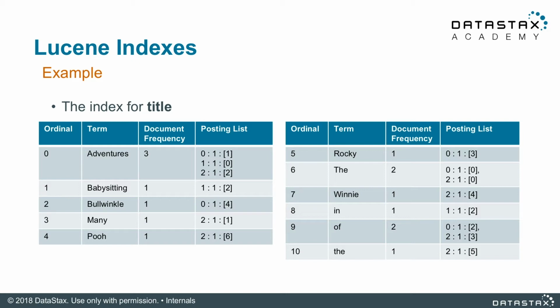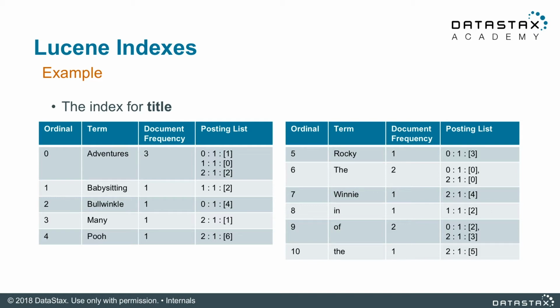For example, Adventures has a document frequency of 3, which means it is actually in the title of all 3 of our rows. The postings list reflects this, with 3 document IDs and a term frequency, and the position that the term adventure can be found in. In document 0, the term is found once and is found as the second term in the title, The Adventures